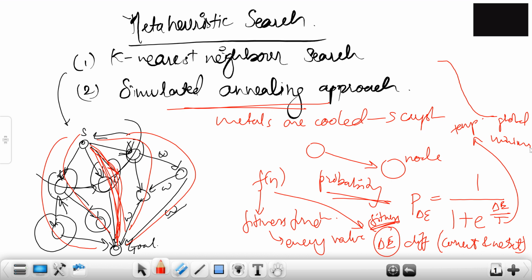Basically, what we had earlier was a calculated cost function. Here we're using the fitness value to find the probability of a move. There we looked at a cost function and found the total distance, so you look at the whole distance, or in k nearest neighbor you see the total cost and then decide which are the best k moves. Here you look at the probability based on the fitness difference between the current and next node, and then you decide the approach of going ahead. So that is your simulated annealing.